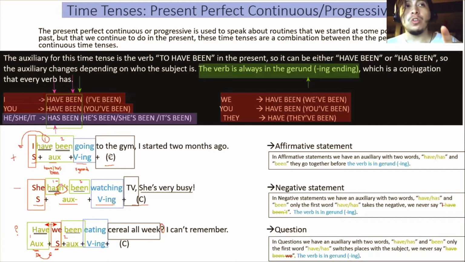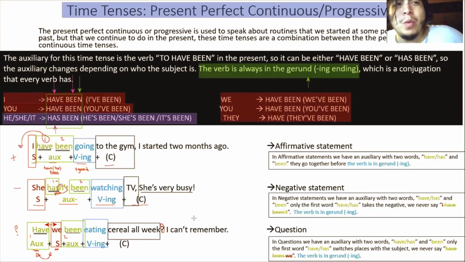Igual que en el futuro continuo era algo así como will I be going o I won't be going. O que el futuro perfecto, que era will I have gone? Will I have gone o I won't have gone. ¿Se acuerdan? Si no se acuerdan, regresen a esa parte, es lo mismo. Cuando tenemos un auxiliar de dos palabras, solo la primera parte cambia su lugar con el sujeto, solo la primera parte se lleva el negativo, el verbo no cambia, sigue estando en la tercera posición y es en gerundio. Nuestro complemento es cualquier cosa extra y aquí dice have we